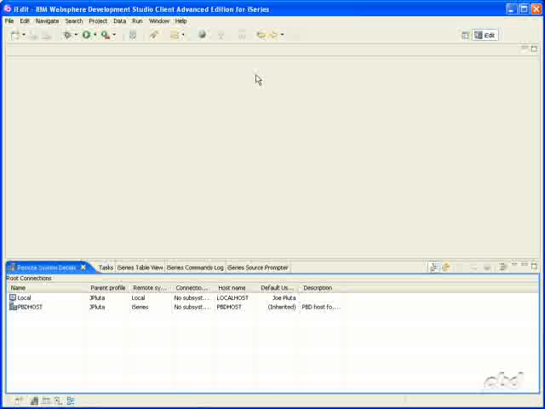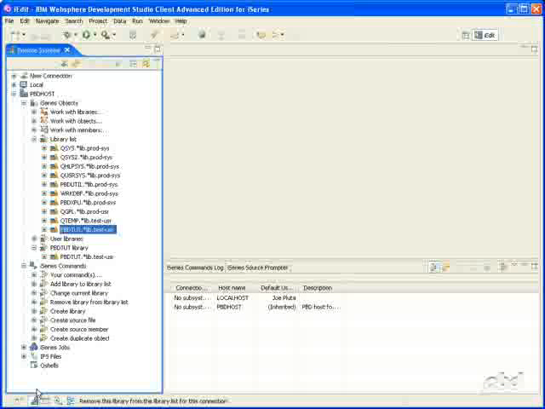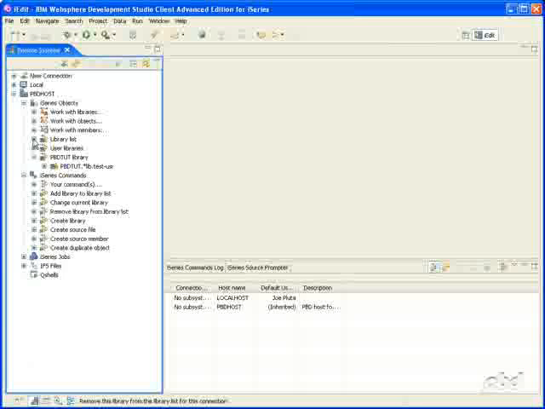Okay, next, click on the Remote Systems Explorer Fast View icon as shown, and the Remote Systems Explorer view will appear. If your connection is not already open, expand it by clicking on the plus sign. If it is open, you may see the library list open as well from our last tutorial. Let's close that to remove a little bit of clutter. And the next thing you want to do is locate your PBD-Toot library filter. You'll see that. If it's not open, expand it, and inside it should be one single object, the PBD-Toot library